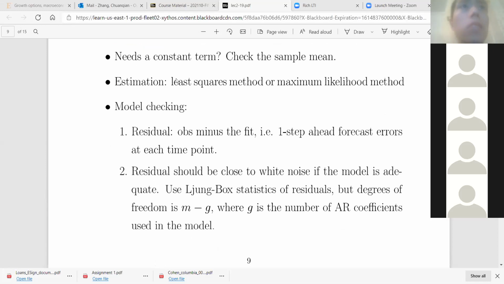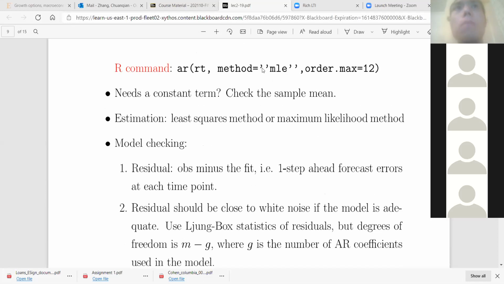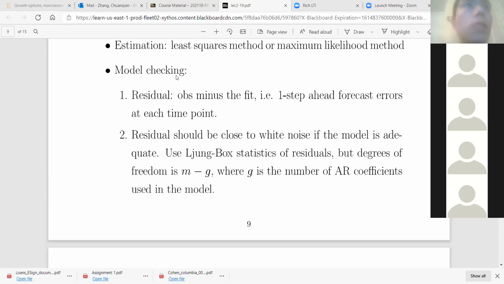Okay, so estimation, least squares against maximum likelihood. So far at our stage, we don't want to dig too much into that, but you need to specify here in the computer to let R estimate using the MLE method. So after you estimate the model, no matter if it's AR1, AR2, AR3, you want to know if the model is successful or not. So you want to